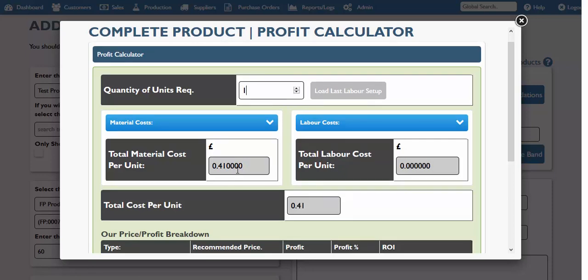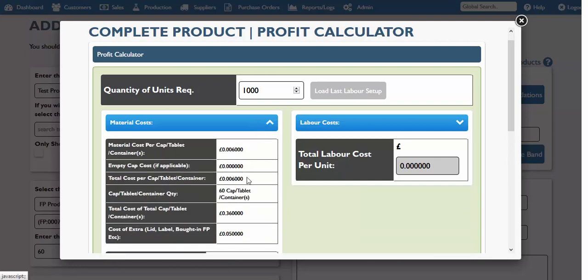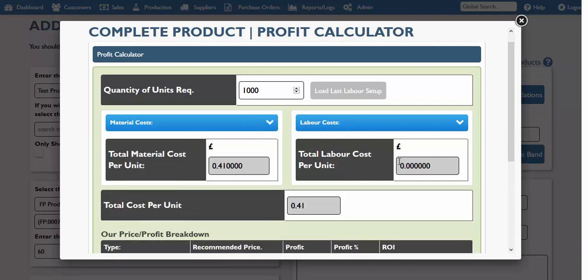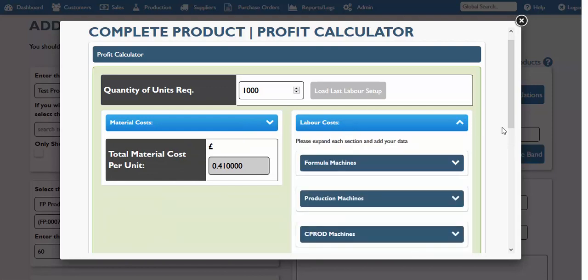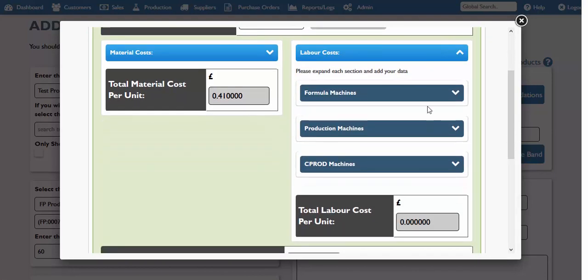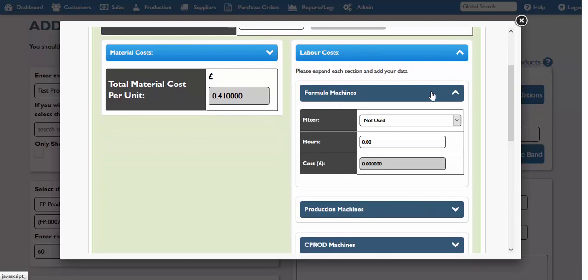Now I know that the customer's asked me for a quote, or has asked me to order him 1,000 bottles. Each item cost me 41 pence in materials, and I can click that and see the breakdown of it. However, the labour costs are set at 0. What I will do is expand the labour area, expand each area in question,